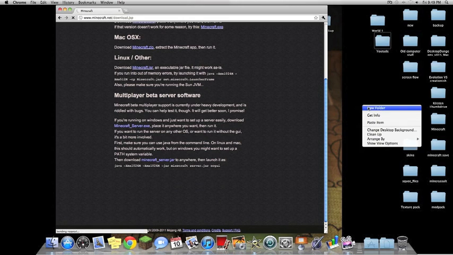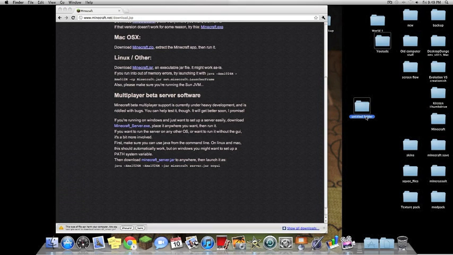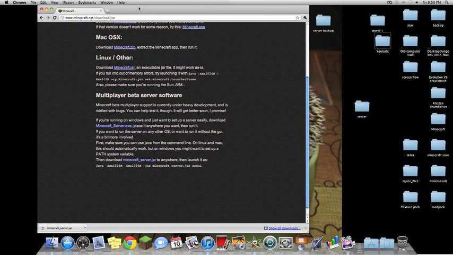While that downloads, I'm going to create a nice little folder on my desktop to keep everything in, and I'm just going to name it server. Once that's done downloading, we'll stick it right in that server folder and we'll be ready to go. Okay, now that that's ready, we can grab it, stick it in our server folder, and we're going to leave